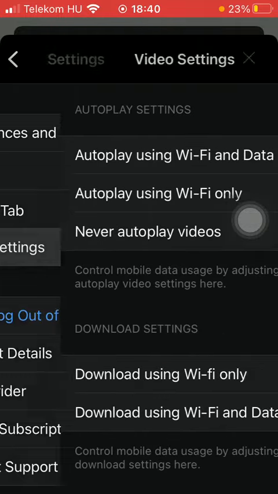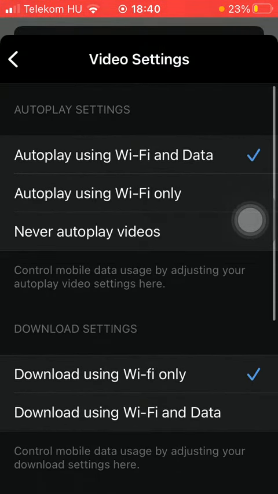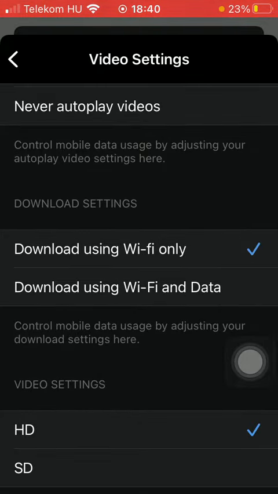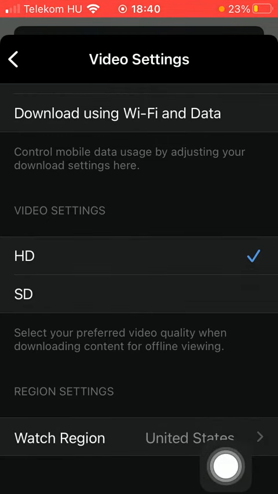the fourth option. And here you can find a bunch of options that you can enable, such as autoplay settings: autoplay using Wi-Fi and data, Wi-Fi only, or never autoplay videos. So tap on the relevant one that you would like to select. As you scroll down, you can see download settings, so download using Wi-Fi only and data. You can also set whether you would like to have HD or SD quality videos, and you can also set